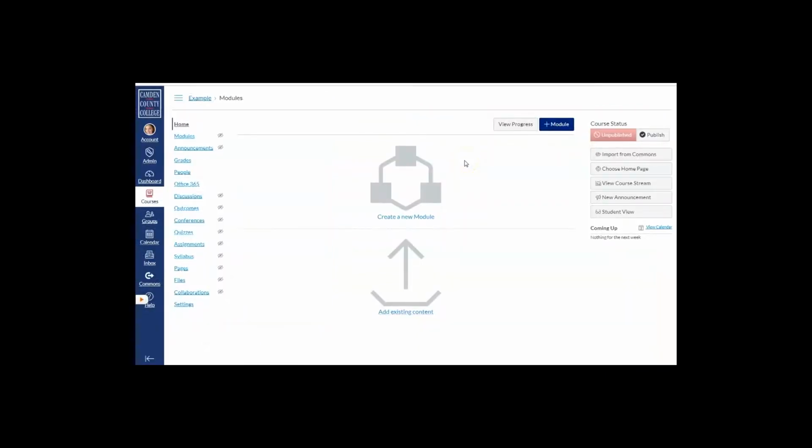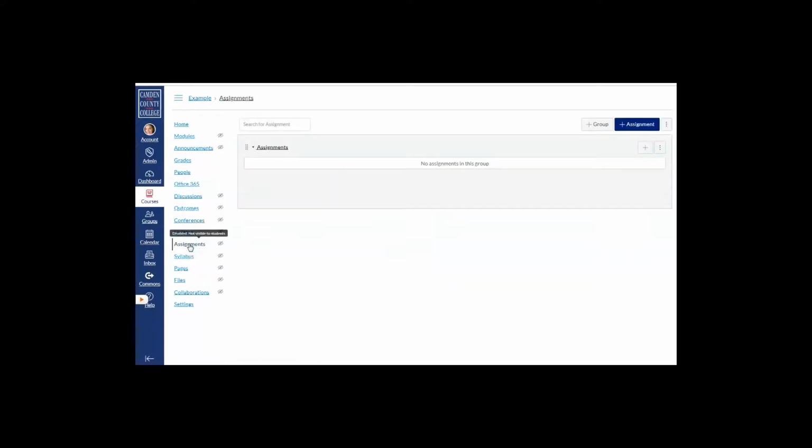So in Canvas, setting up your weighted groups is actually done in the Assignments tab. So you'll click on your Assignments tab, and I don't have any assignments in here yet, and I also don't have any assignment groups. So the first thing I'm going to need to do is click on the assignment settings. And I get to the assignment settings by clicking on this three-dot menu, or kebab to use the Canvas lingo. And this assignment group's weight button comes up. So I'm going to click here,